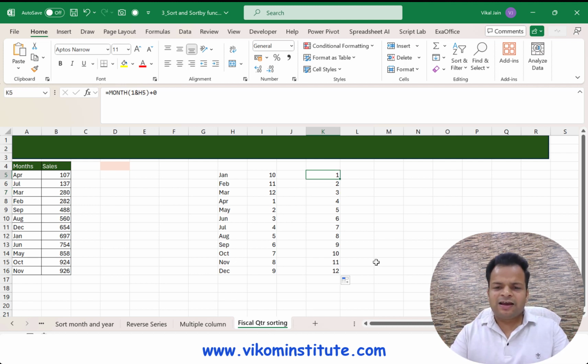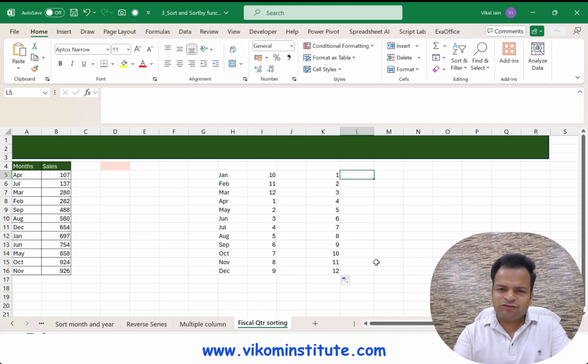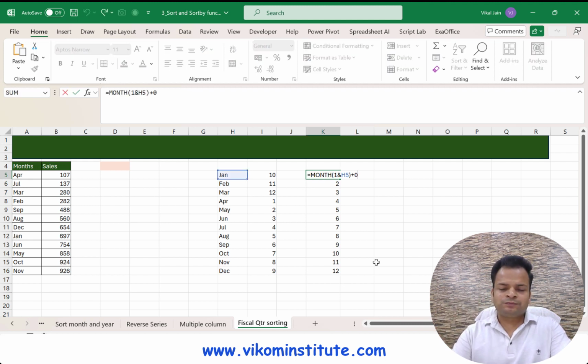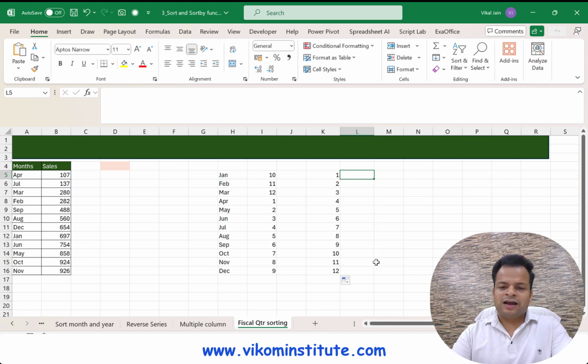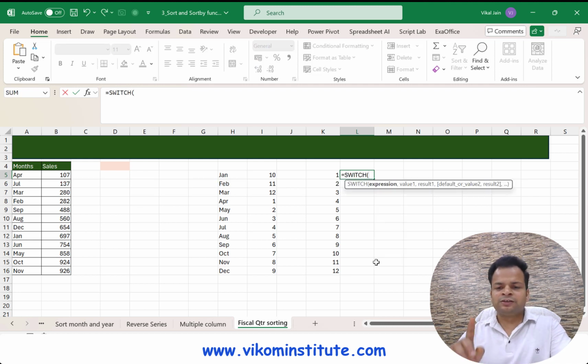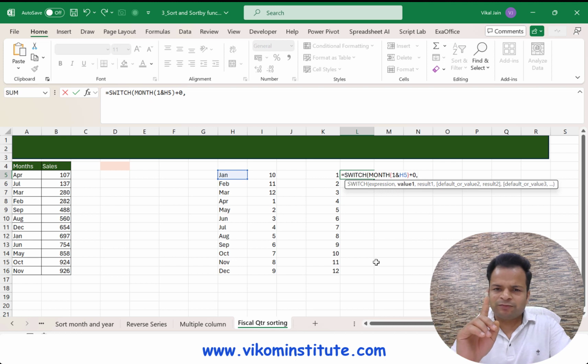Otherwise, if you don't want to use the IF function, we have one more alternative here, that is the SWITCH function. I'm going to use SWITCH here, and copy this formula in. This formula is your expression. If the answer comes 1, I add 12 to it, so the answer becomes 13.